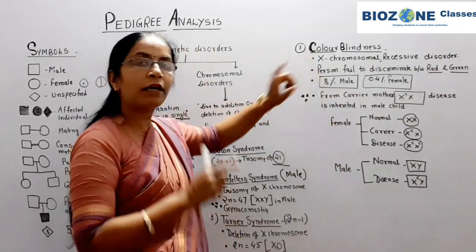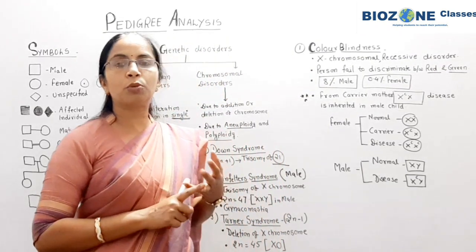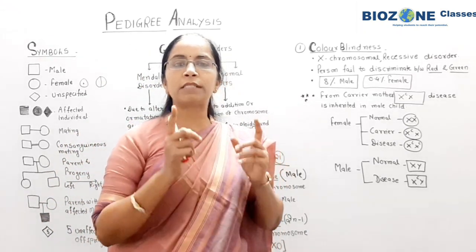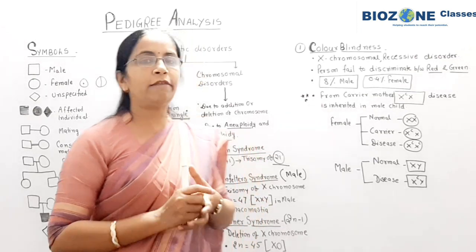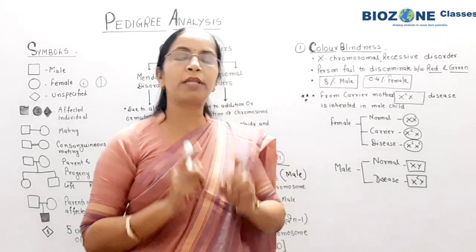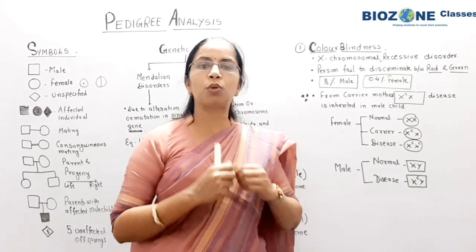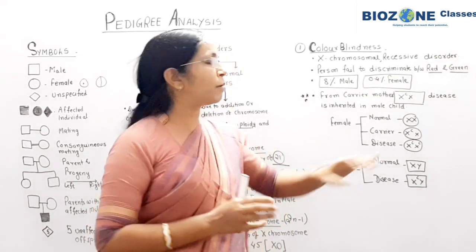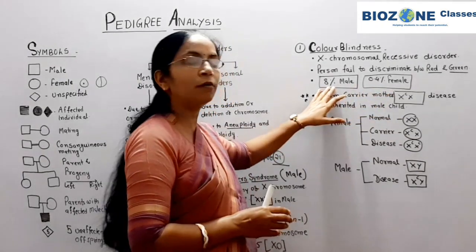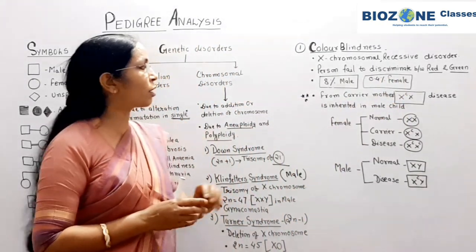After that, when we look at the ratio of male and female progeny, remember that X chromosomal recessive inheritance is predominantly present in males because they have only a single X chromosome. But in female individuals, remember, a very small percent is affected, because only when both X chromosomes carry the gene for the disease does the gene show phenotypic expression and the disease appear. So remember this ratio for objective questions, definitely for NEET: 8% of male individuals and 0.4% of females are affected by color blindness.